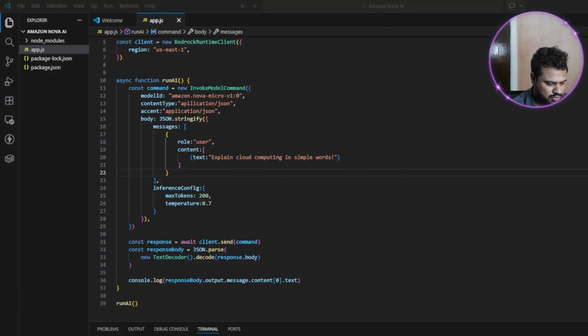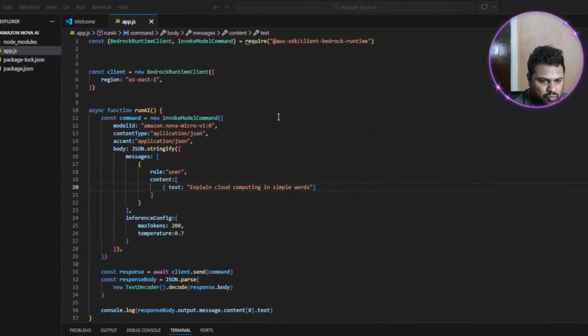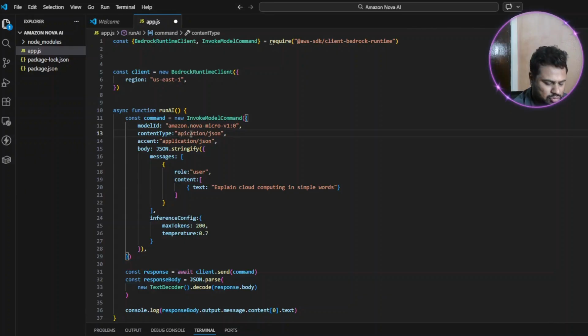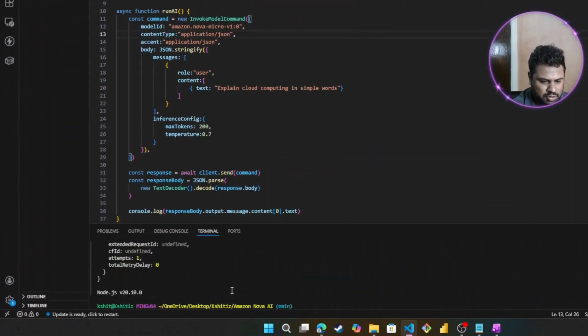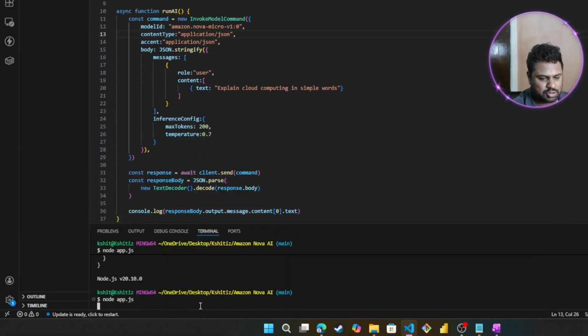Let me see, one sec. So I figured out what the error was. Here I misspelled application, and if we save it and type in node app.js,